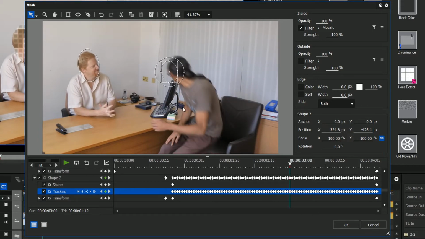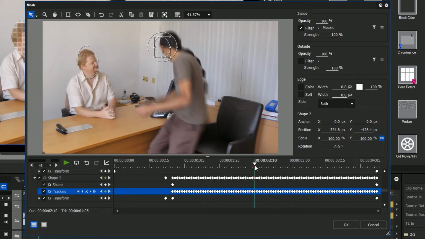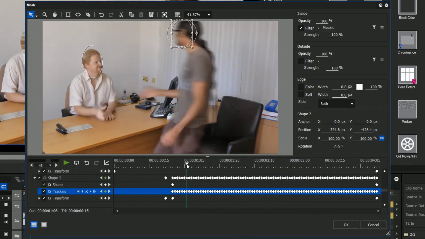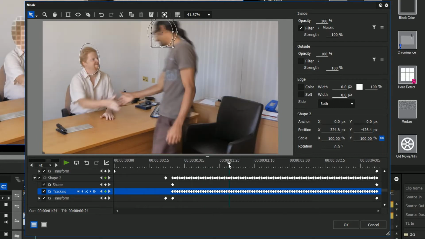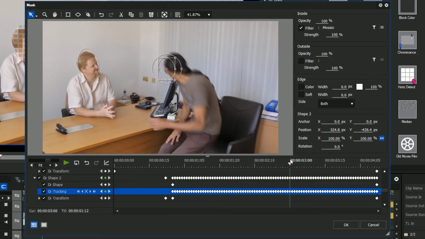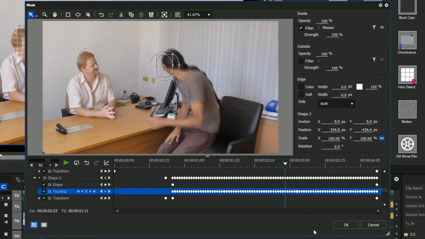It's losing it because it's suddenly noticing the edge of the screen and it's getting confused about which bit it should be doing. This happens quite a lot when I'm tracking things. If it's pretty obvious what you're tracking, like this head against a white background, easy. But as soon as you get two things in the way, it goes wrong. Like that. But what I want to do now is just select all those tracking points right to the end